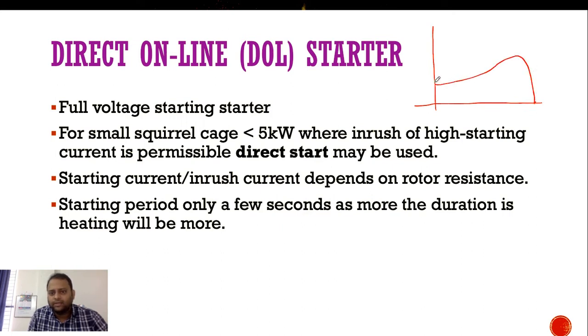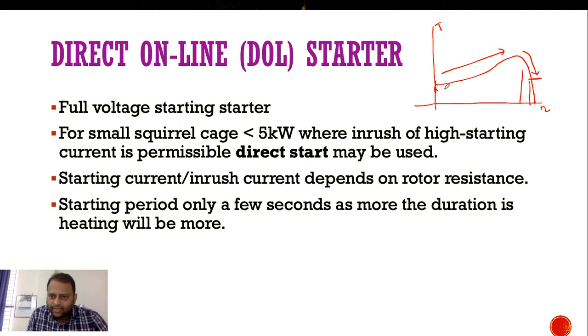So this is the torque speed curve. The motor starts from here. It picks up speed up to this part, and then it will go down over here on the torque side. This is torque, and this is speed. Somewhere over here the motor is going to work at full load condition. So this time from here to here is called the starting time.